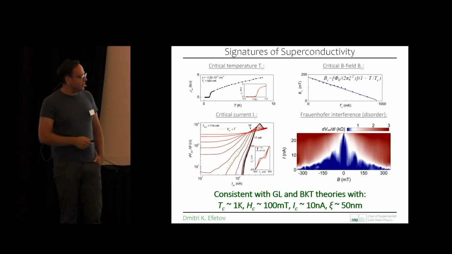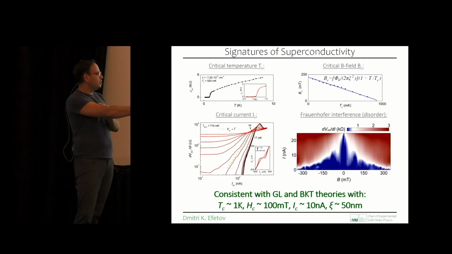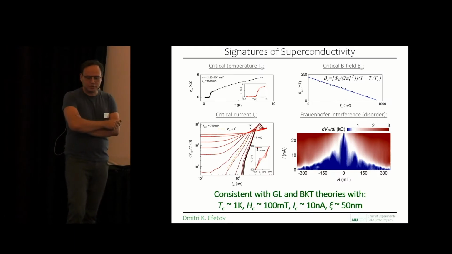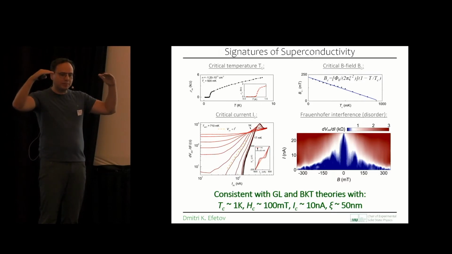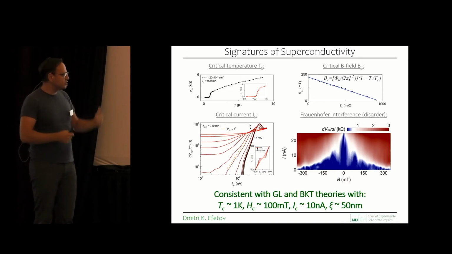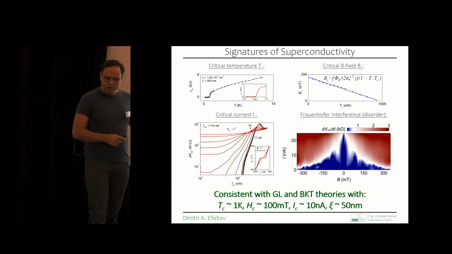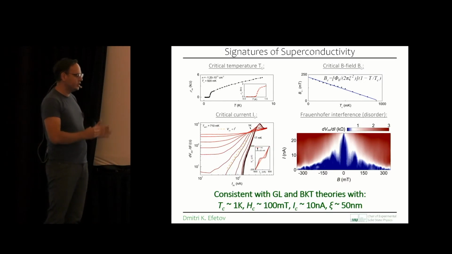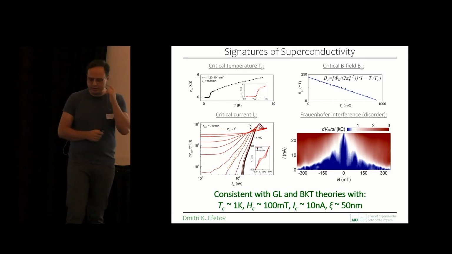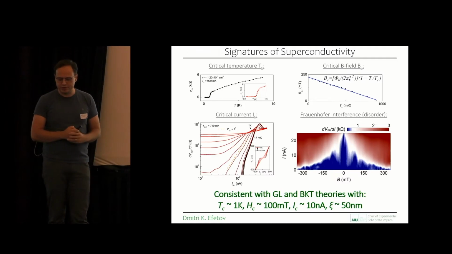And the biggest signature that this is superconductivity are those Fraunhofer interference patterns, which we obtain when we measure nonlinear conductance as a function of current and magnetic field. In that measurement, we see these signature oscillations when we create a weak link in the system. We can interrupt a superconductor with a normal region and therefore create Josephson junctions. These Fraunhofer interference patterns show us that this is a coherent state that we're probing. It's not just some zero resistance state. It's a macroscopic quantum state. And this is by far the biggest evidence that this is superconductivity here.